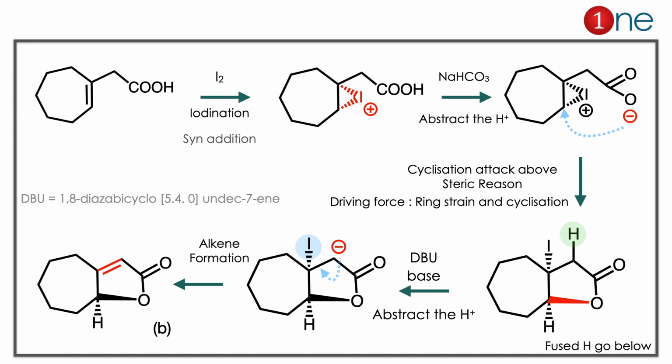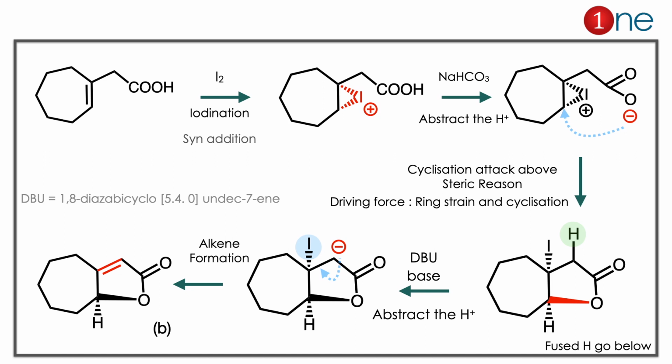Then you are using sodium bicarbonate. What really happens is you are removing the proton, so a negative charge is there. You have a negative charge and you have a strained ring system. So the negative charge attacks the ring and you have ring opening as well as new 5-member ring formation. The driving force for this reaction is ring strain and charge quenching. What is really important here is the steric effect and the strain. So oxygen attacks from above since iodine is below. So the hydrogen obviously goes below here, and iodine also goes below there.